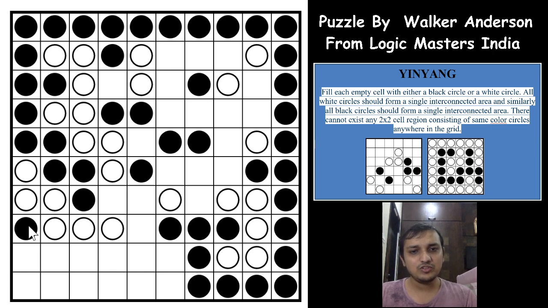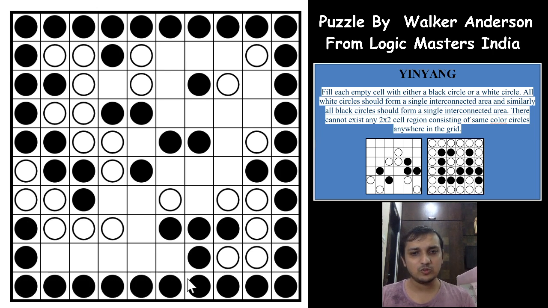Now if you see, again this cannot be black now. These cells cannot be white now. All of the edge has to be black cells now, because if it is white, this white group of area or any group of area white will connect to this white circle, and these two black cells will be stranded, which means that all of these cells would be, I mean to say, black, right? Which makes this a white circle, 2 by 2 group of cells black, this a white circle, which makes this a black circle, this a white circle, and this white circle has to come out this way, which makes this a black circle.